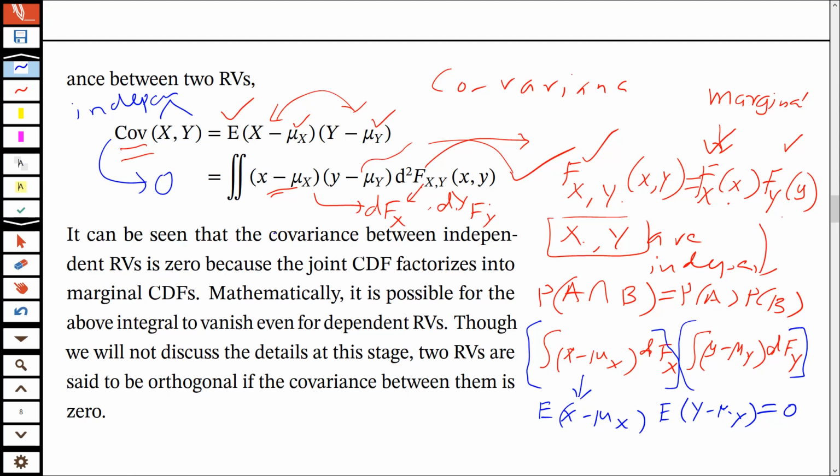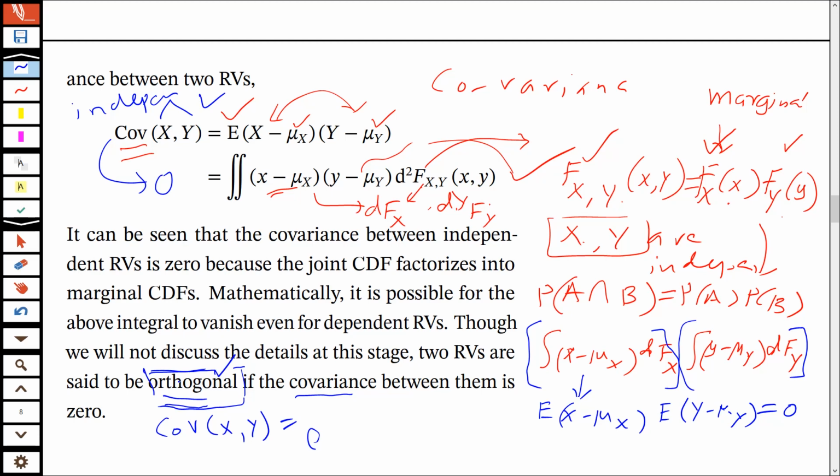But you will see later on, although at this point I don't want to go into that detail, it is possible for x and y to be dependent and still this will be a 0. That will be because of some mathematical properties. We don't go into that discussion, but I just share with you a name of that. So x and y in general are said to be orthogonal if the covariance is 0. So whenever you find out that the covariance between x and y given by this formula is 0, you will say that they are orthogonal. One special case of orthogonality is independence, which we discussed. Remember, independence is one way in which covariance is 0. Because there are other ways, so we have a more general name called the